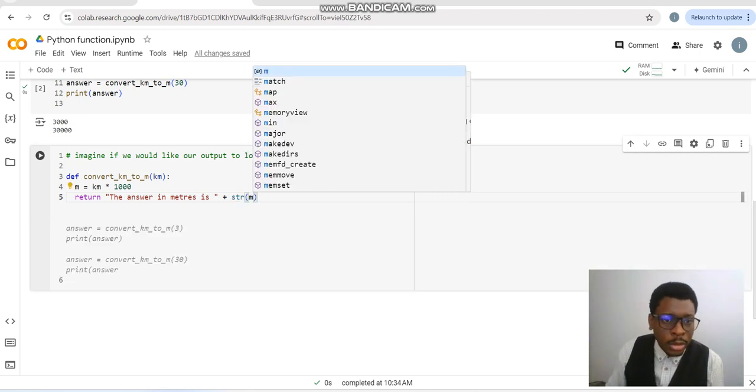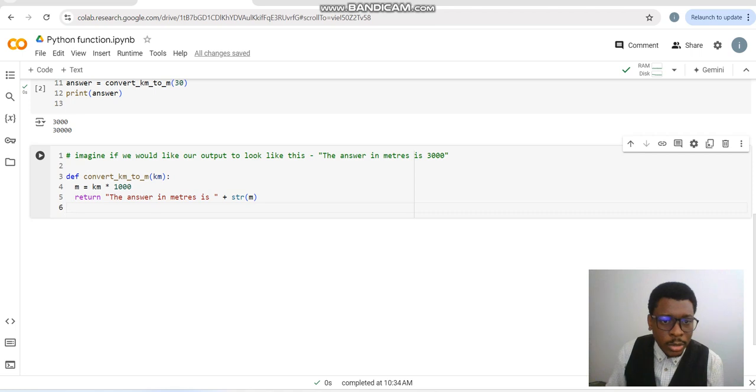So this str function would convert our M, which is an integer, into a string, so that we're able to concatenate this